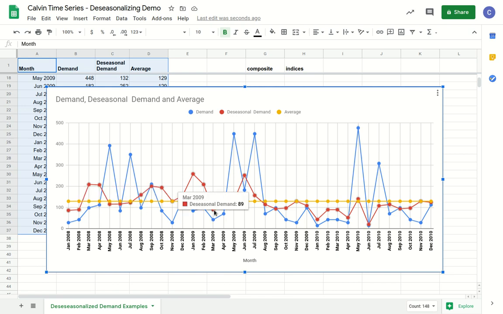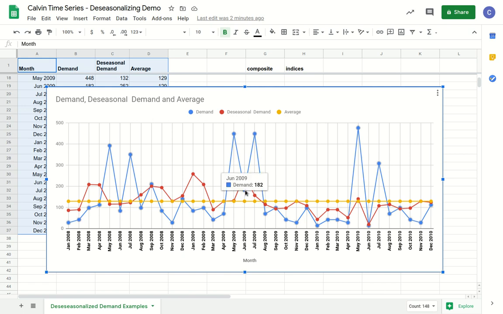And likewise, if you find a spot where the red graph is very low, that indicates a weak month where demand was lower than normal. Here's one in June where the deseasonal demand was 19, and it's quite a bit below this average, which means that was a weak month. If you compare it to the other Junes, you'll see why. Here's a June where the demand is 19. If you look at the June over here, the demand